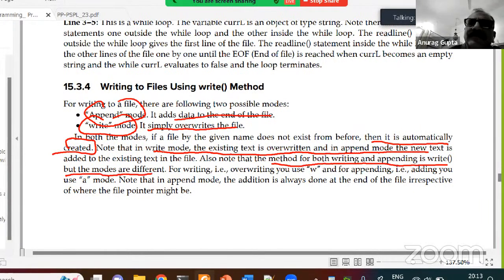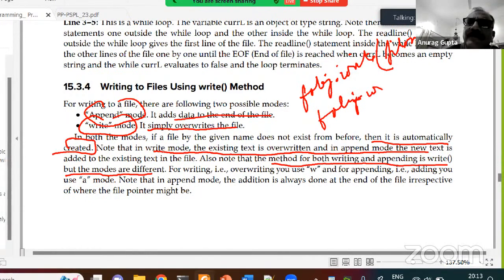So suppose you want to write to a file and you have this F object and you want to do dot write, then you will give the file name followed by W. And if you want to append, you will again use write only. There's no method called append.